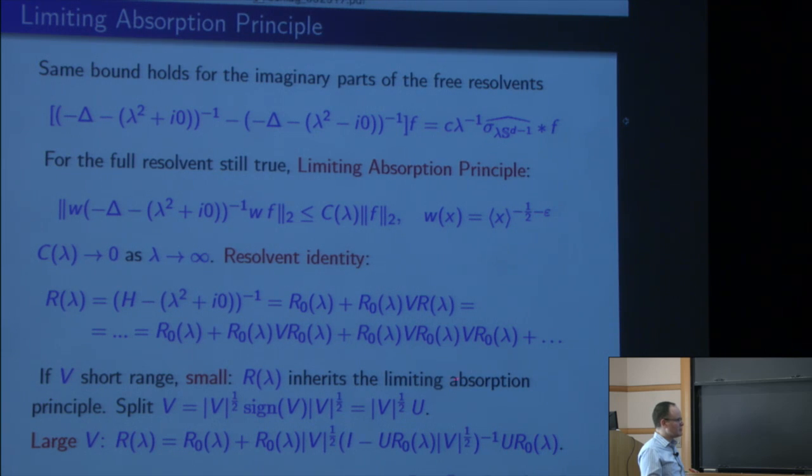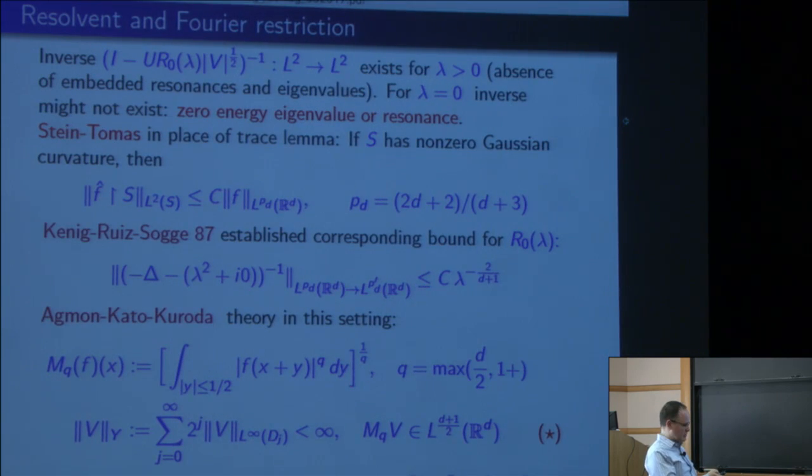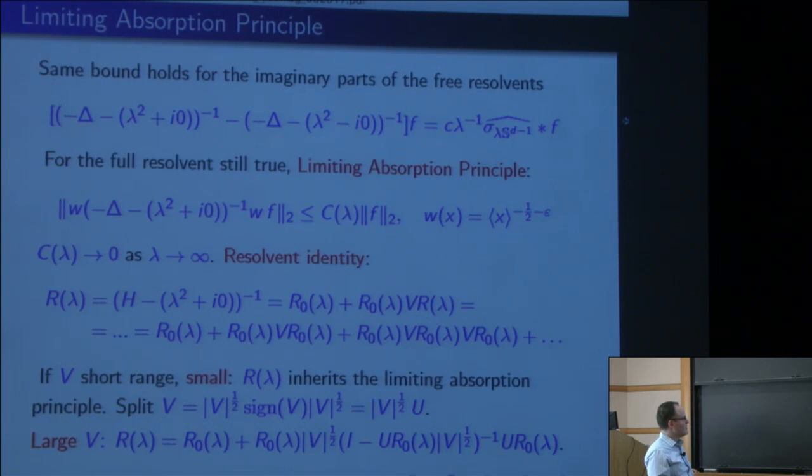And the way to see this, you just split V into even parts between left and right. And then you end up with these weighted statements. And indeed, if V is small in addition, then you can sum this all up. If not, what do you do? Then you run into this issue that you write the symmetric resolvent identity, why not? So you have U, basically U is V^{1/2} up to a sign, right? So on either side of the resolvent, then this is the identity in L2. The question is, does this inverse exist? And the point was then to show that